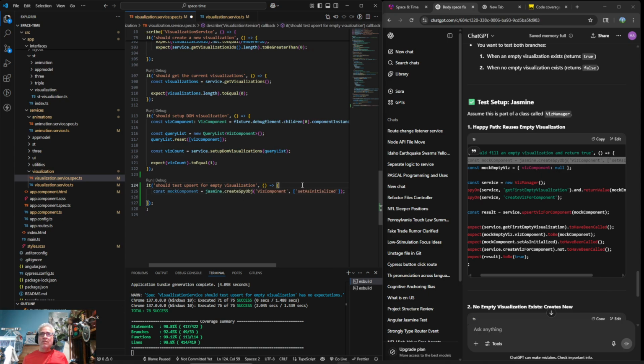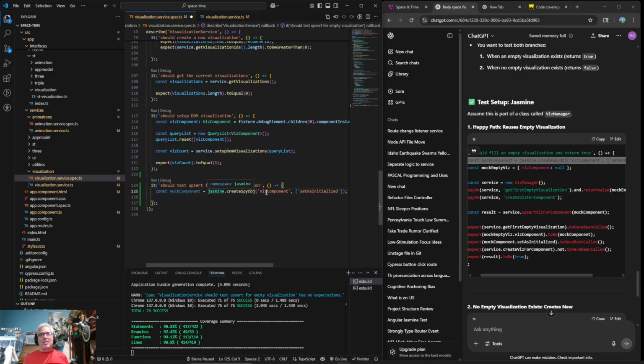Okay, I'm just curious if this works. Const, we're creating a macro, using this Jasmine createSpy function. It's going to create an object called vizComponent, with a base name and a method name that has setAsInitialized.